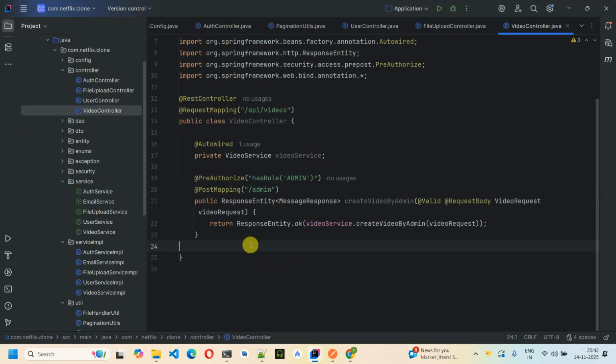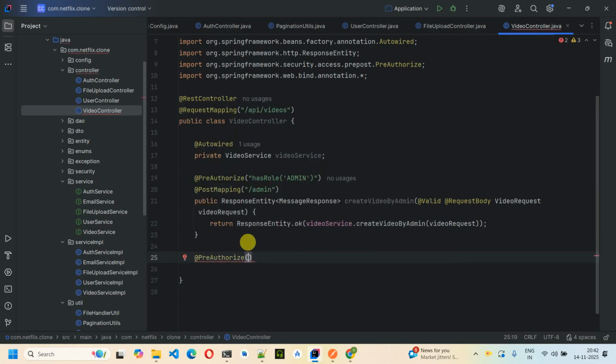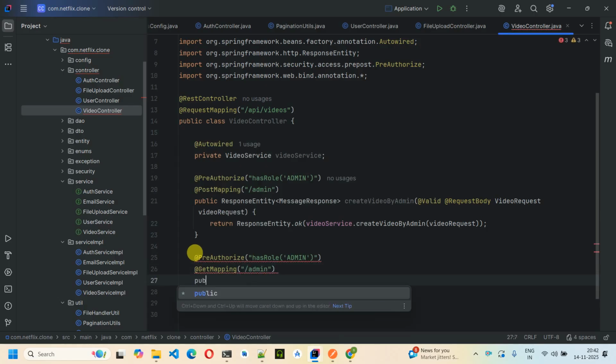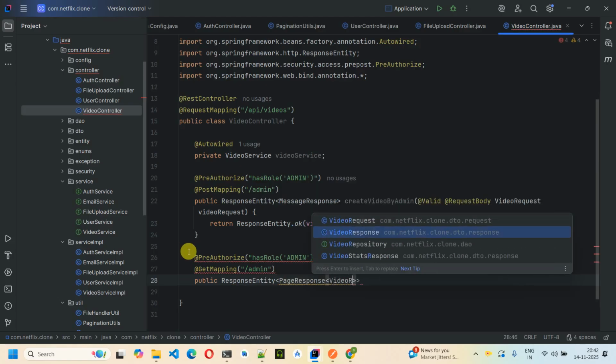So move back over here. So first thing what we are going to do is we are going to add a pre-authorize. This is also for an admin. Let me quickly copy this one and paste it over here. Next thing, this is get mapping and the path is /admin. public ResponseEntity, and with this one, this is going to accept a page response of type video response,